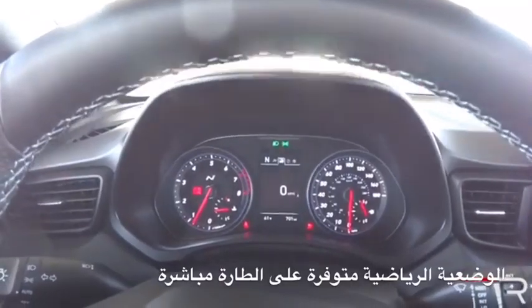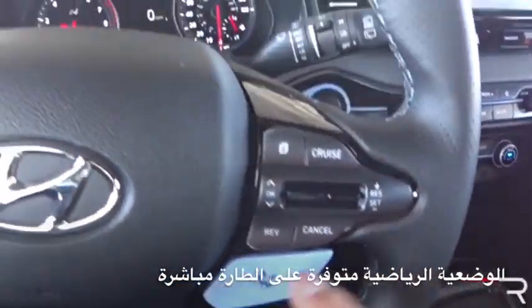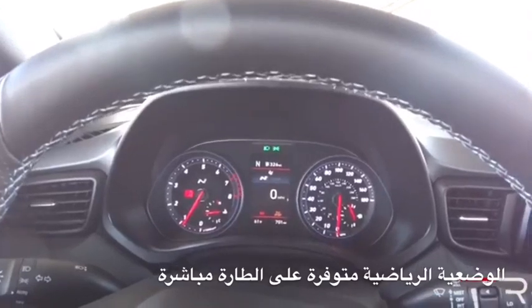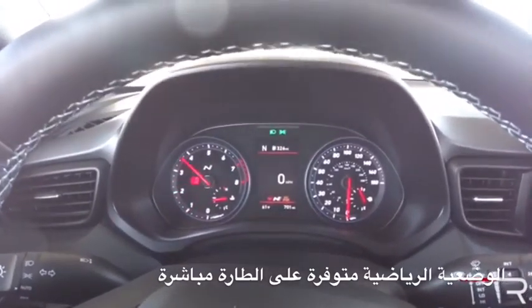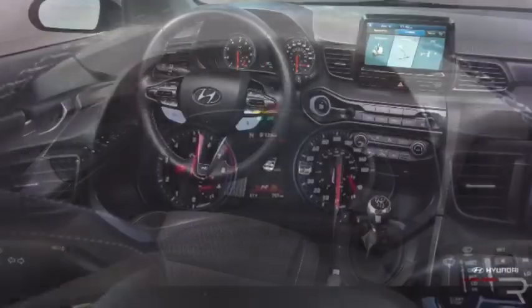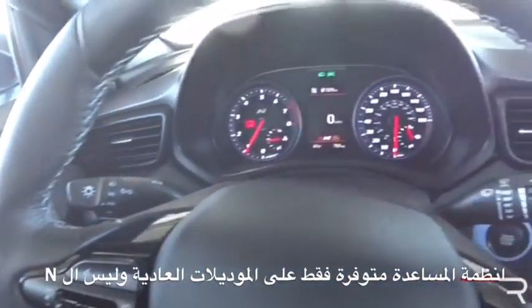Now, the engine itself definitely makes itself known. Now, when you push this checkered flag button here, it essentially will just put it into N mode right away, which is the most aggressive setting. It'll basically open up the baffle in the exhaust. Over here you can see lots of empty buttons because if you want any driver assistance in this car,